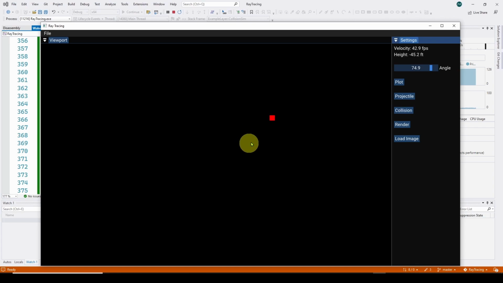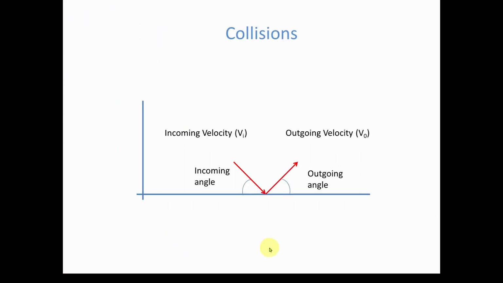Now, when you see this, you can see that it's got an initial velocity, hits the ground, and if you notice, it basically changes direction. So we're going to have to figure out how we can simulate that in code, and it turns out to be very simple. As with all my videos, we're first going to think about it and plan and design